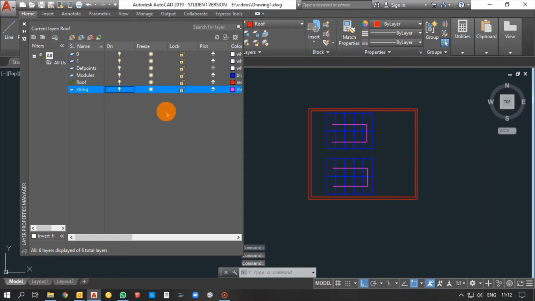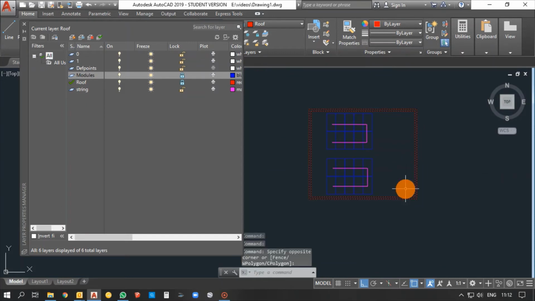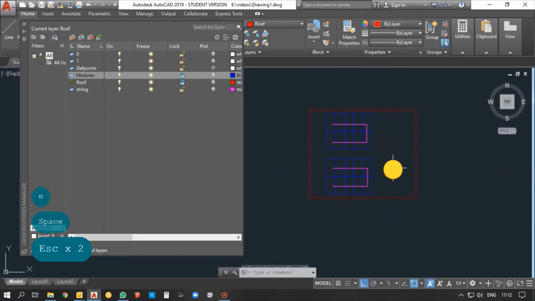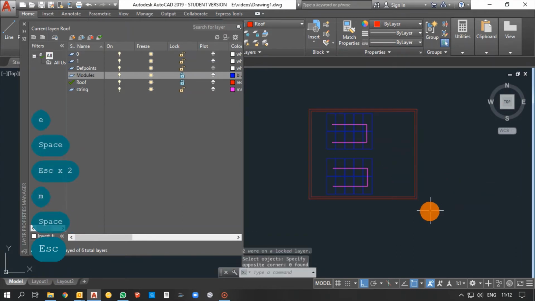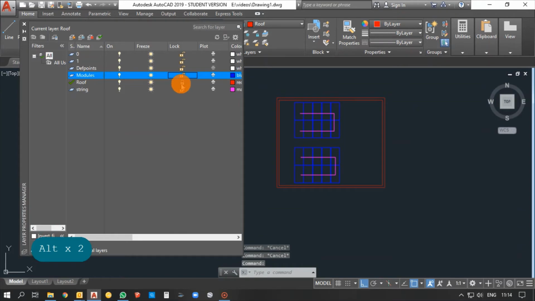And the next thing is freezing. So you can freeze a particular layer, and locking. Locking means in case you want to lock roof and modules, they will be locked. You cannot delete or move them. Even if you try to delete, it will not be deleted. It will not be able to move. So nothing can be done. It will be frozen. And then unlocking the modules and roof.